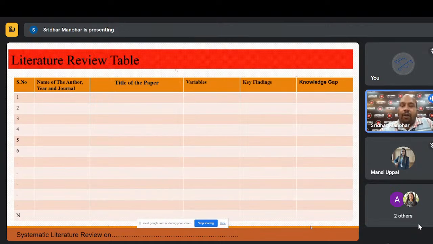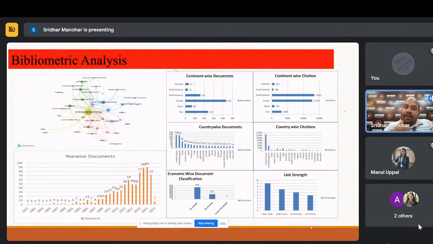That could be the best way to justify that this particular problem has existed over a period of time, and you are one researcher in that domain ready to answer that particular problem. Another way is finding the keyword connection, based on which you can develop clusters. Clusters are closely associated keywords, and then you see what is the connection of one cluster with another cluster, and which are